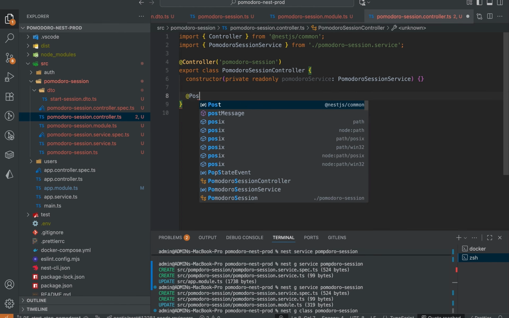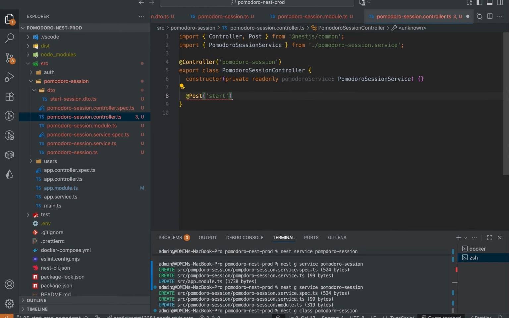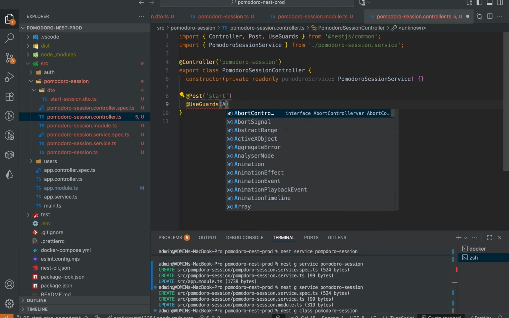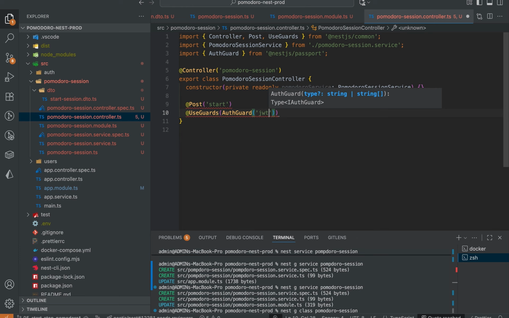Now here we will have a post endpoint. The path URL should be start. We also need guards. I'll call it auth guard and JWT. Let's define the function start session,